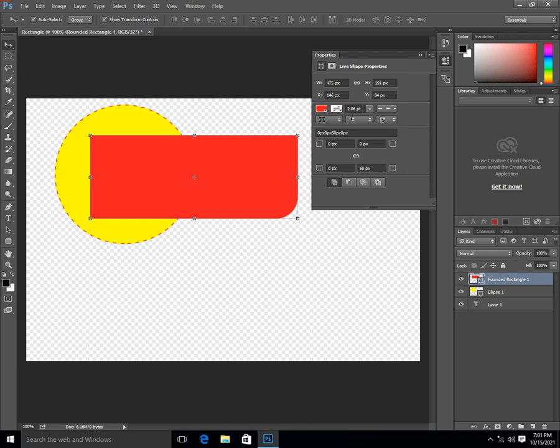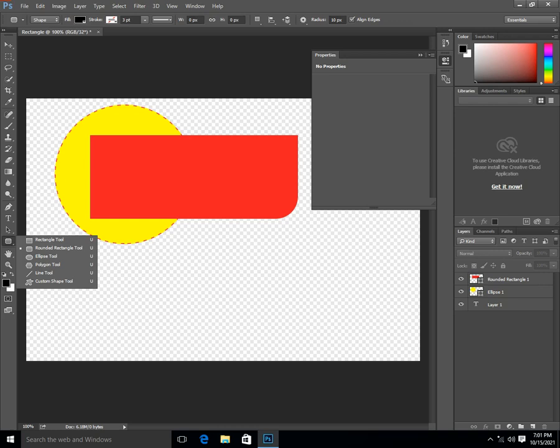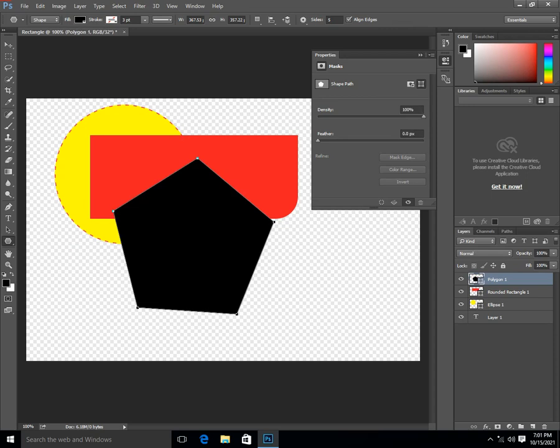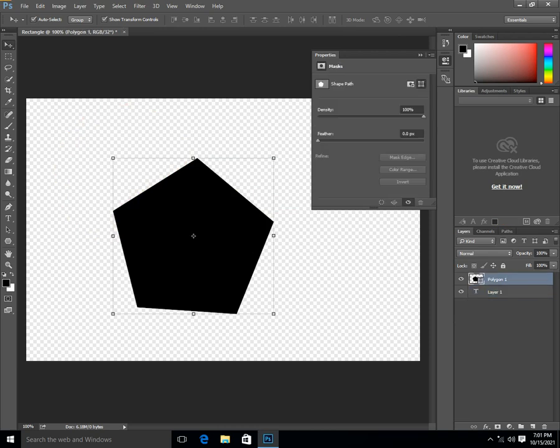In the next step we are going to do more settings on different work. After this, the polygon tool. This is the polygon tool. You will use different types many times. I am going to remove all the others because they will disturb our work. This polygon has 5 edges. You can see on your screen.